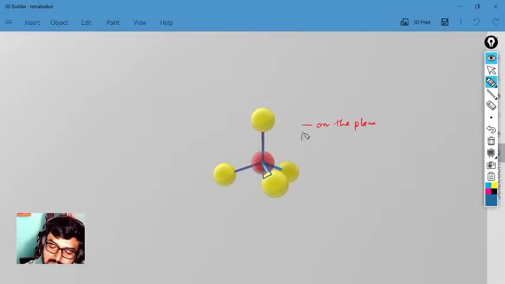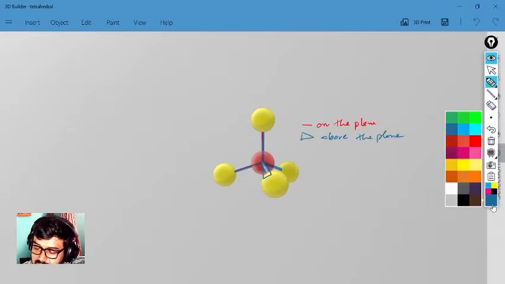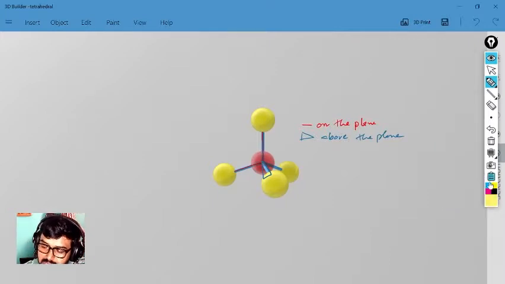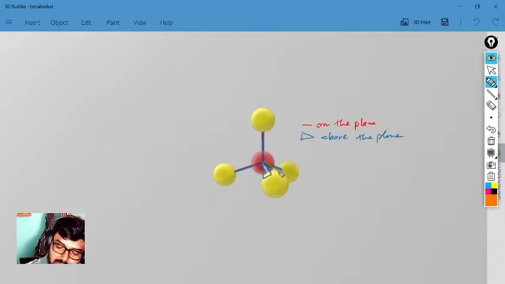Dotted line, solid cone above the plane, and then we are having another color. Let it be yellow. No, no, not yellow. Let it be orange. This is a dotted line below the plane.